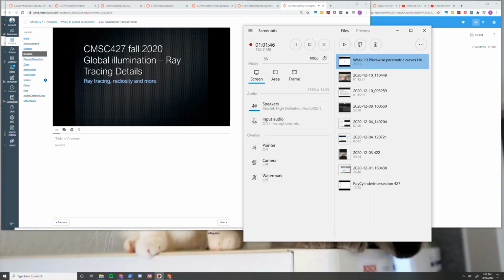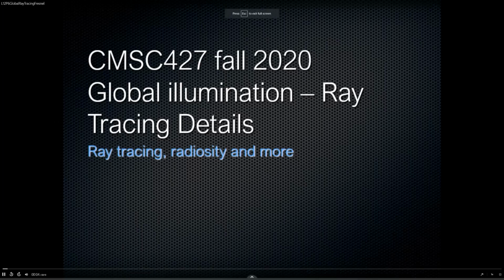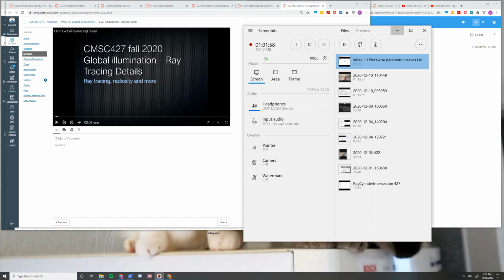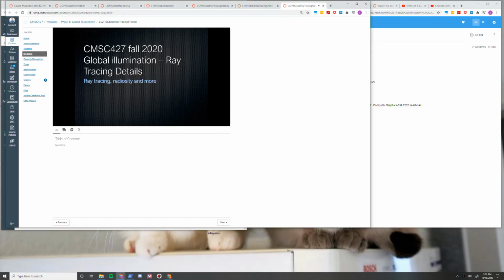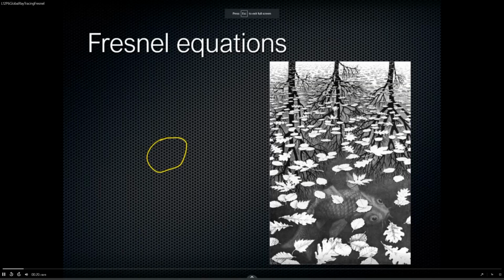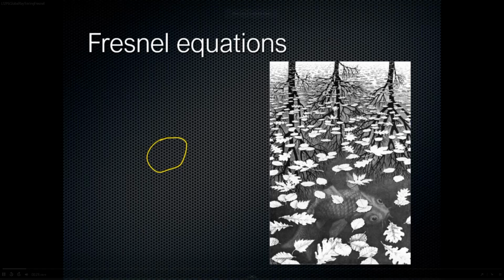One more video on the details of ray tracing for this lecture. This one we're going to consider Fresnel equations. And here's the issue. So what we've determined is that if we have a sphere or a surface and we intersect that with our hit ray, that's not very helpful when that problem happens. So we'll try again. When we end up here